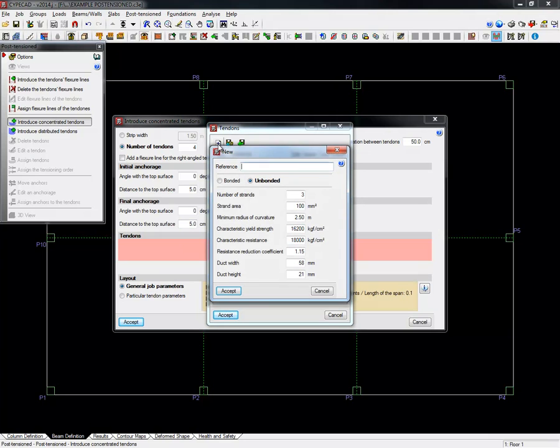to introduce the typology of tendons. I want to introduce T1, for example. It could be bound or unbound, the number of strands, and we can change all the parameters for this tendon. In this case, the strand area, the radius of curvature, the dug width, etc. For this example, I'm going to select the general parameters, the default settings